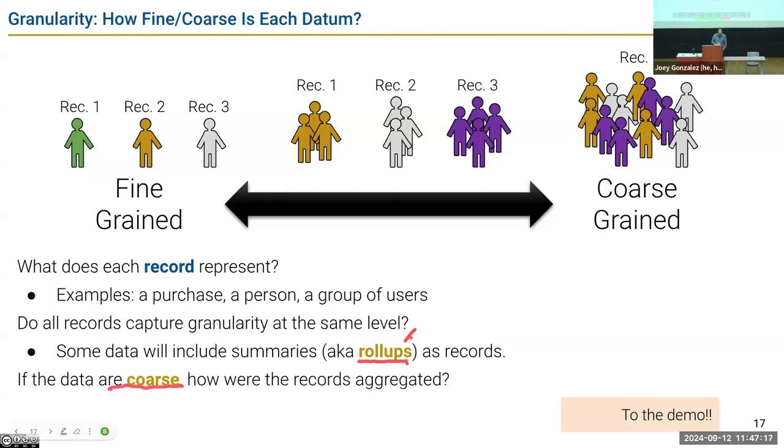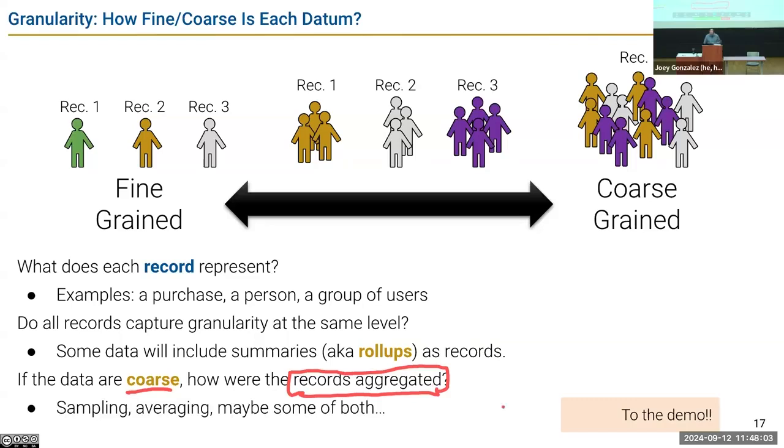If I have aggregated data, how do I get the records? Oh, yeah, this is a better way to frame this. If I have aggregated data, how was it aggregated? Student grades. I have your grade for homeworks. How is that computed? In this class, it's complicated, right? The average, you have some drops. There's lots of stuff going on that goes from the individual grades to that aggregate grade. Right? You need to figure that out. Hopefully, the documentation explains when things are aggregated, how they were. But again, maybe the total row they don't document. Obviously, it's the sums. In this data set, we'll find that it's actually, in fact, not always the sum.